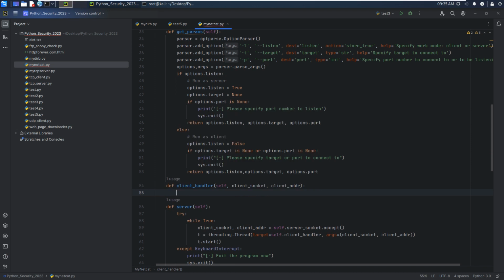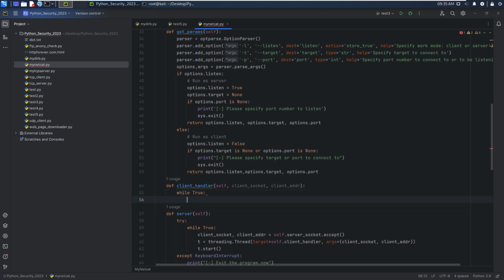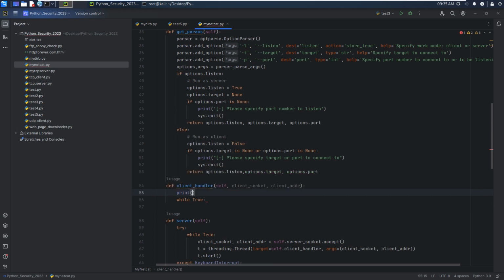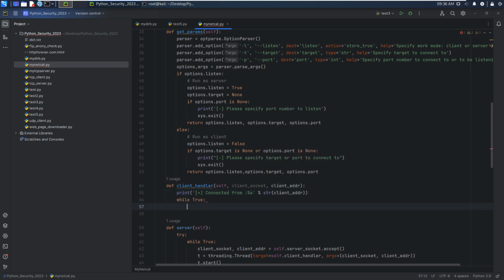We can do while true, print connected from client address. While true,